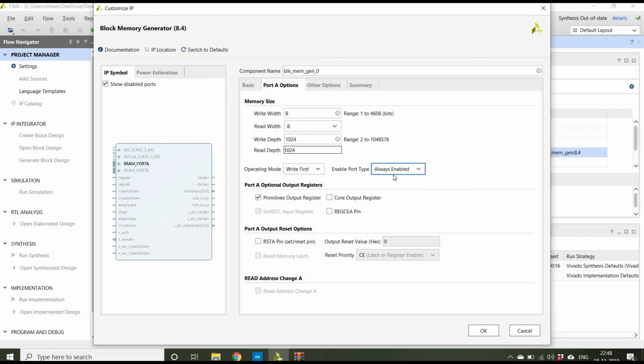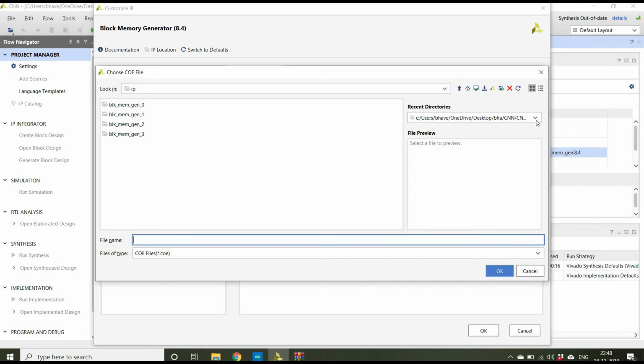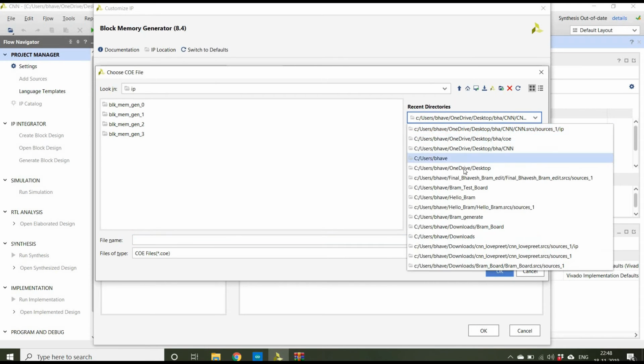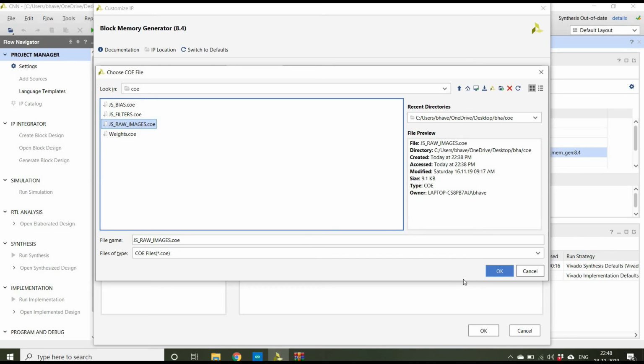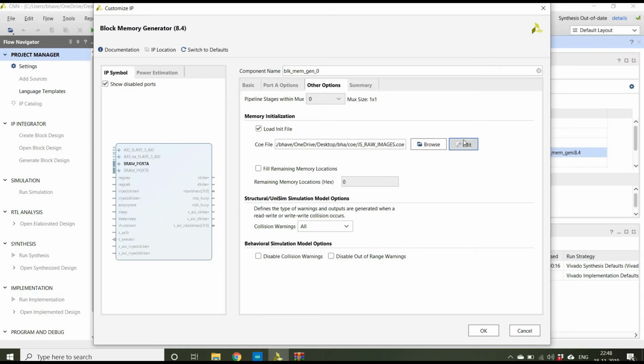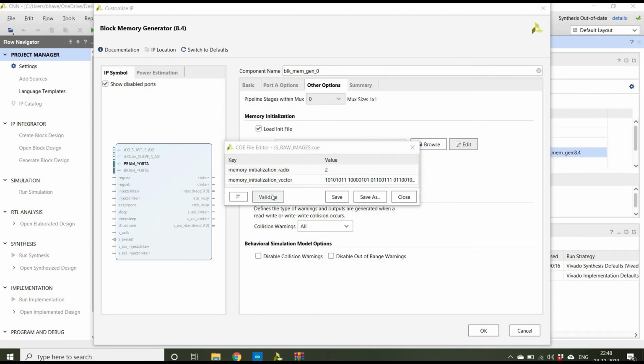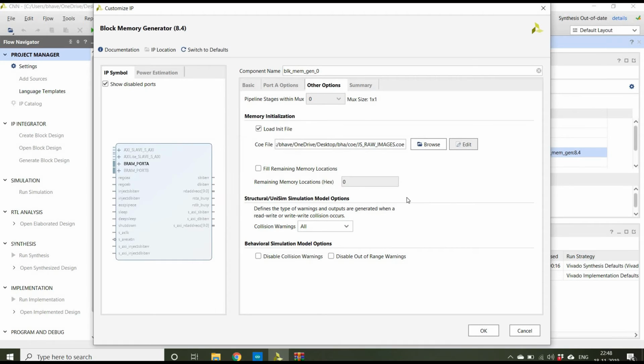Always enable and select our COE file. So this is our COE file. We have to add it in VRAM. Okay. Now edit, validate the COE file. Successfully edit, save, and then close.